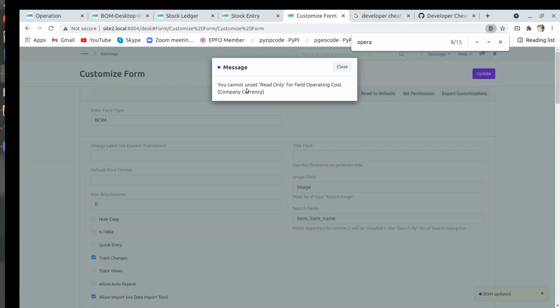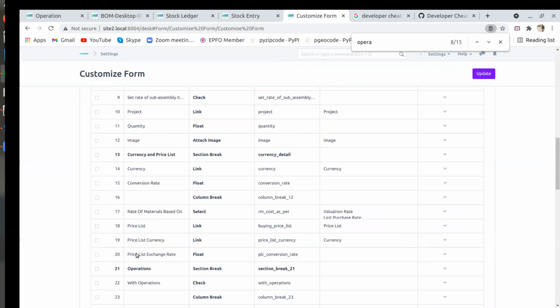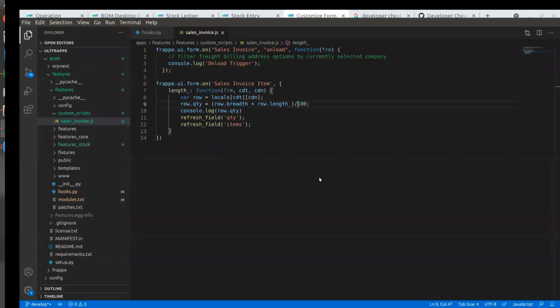Okay, cannot set unset read only field is a constant, so company currency. Yeah, it is not allowing. Then we have to create a separate field. There they have to provide that costing, the operation cost. Then from that field we will update to this field. Yes. Maybe we have to update in a JS file. Okay, coding we have to do. To update maybe on save, like we can do it like this.